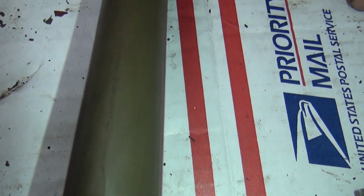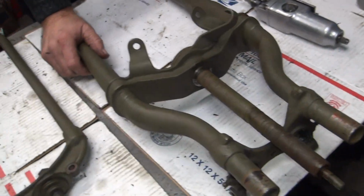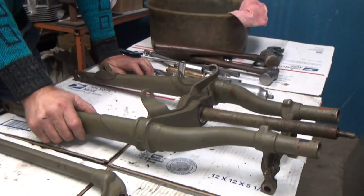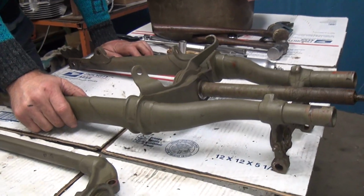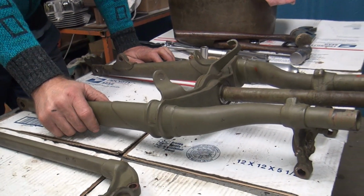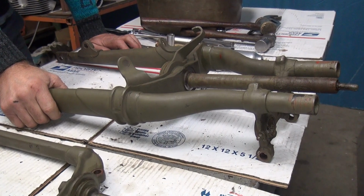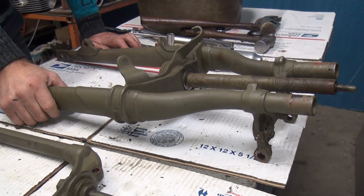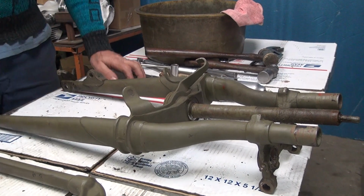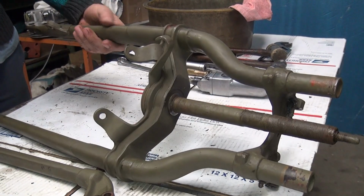This one over here looks okay. So what do we do about that? Well, the paint's going away, I know that. So far, this thing has been kind of a bucket of worms, hasn't it? Well, this is the expensive part to be bad as this. This is big bucks here, but that's alright, we'll just fix it. V-groove it out. We'll just weld it up. Be alright. We'll make it work. It's not pretty, but